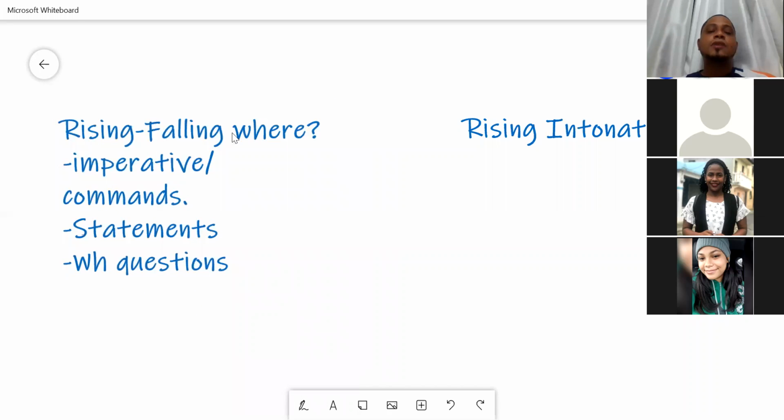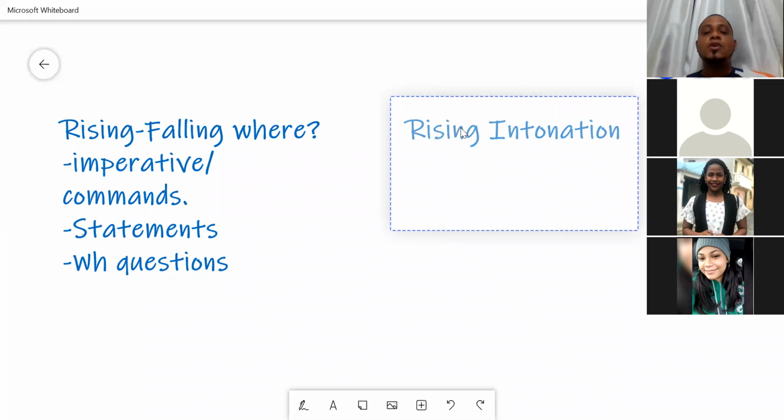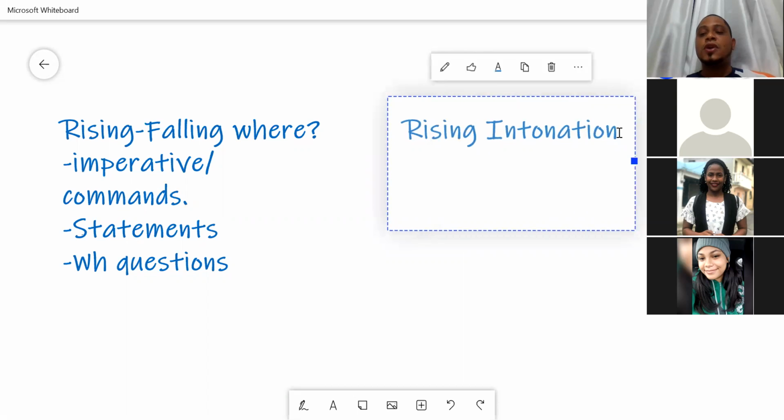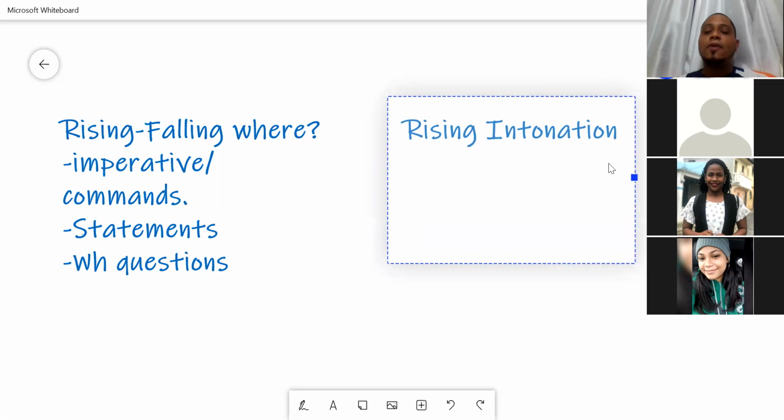So we use rising, falling intonation in imperative sentences, commands, right? In statements and WH questions. So when do we use rising, falling intonation? In which sentences? Well, this is very easy. If you already know where to use rising, falling, you don't have to worry about rising, because rising intonation is